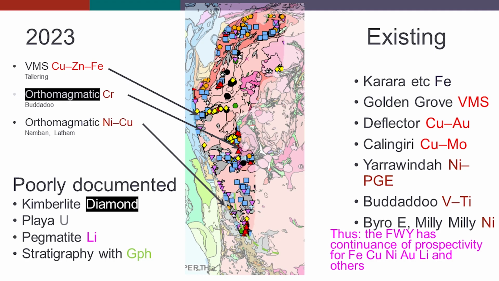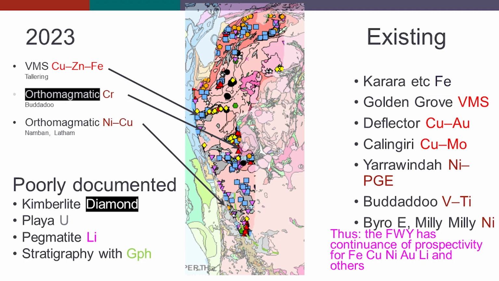They may be able to tell us a lot more about the deeper lithosphere in those regions. And of course, other mineralization styles that I won't mention today. So yes, I think we're seeing encouraging signs that there's nothing really declining in prospectivity